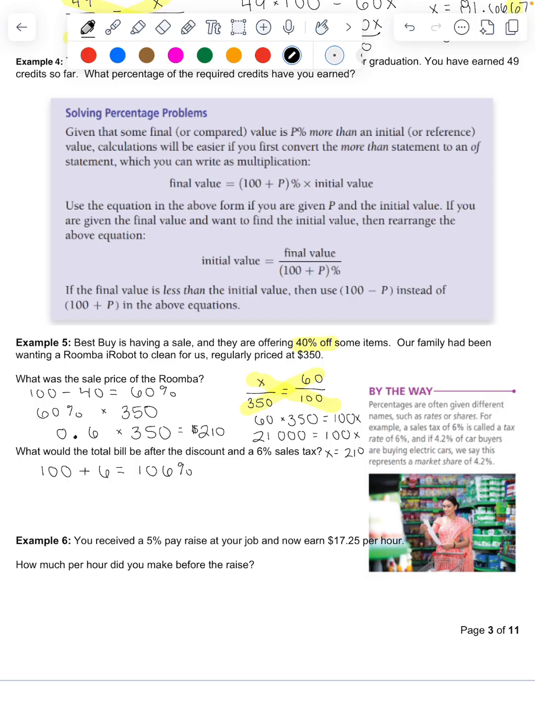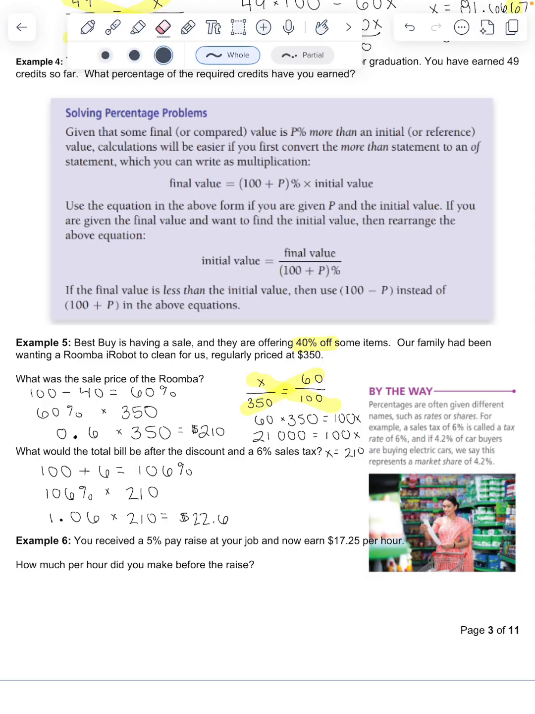So if I have 106%, I can do 106% times the $210, because we said that was the sale price. 106% as a decimal is 1.06. 1.06 times 210 is